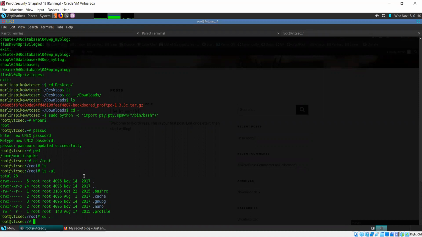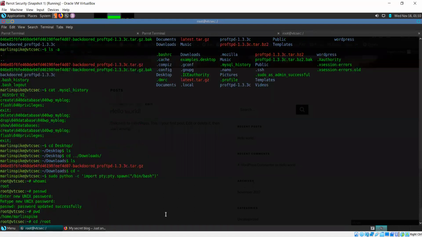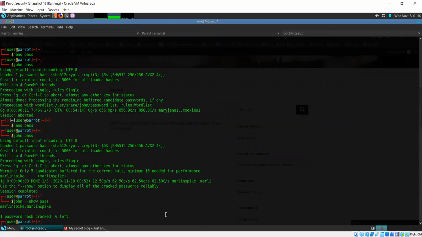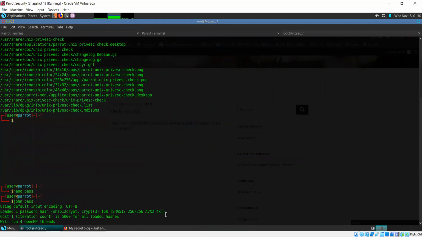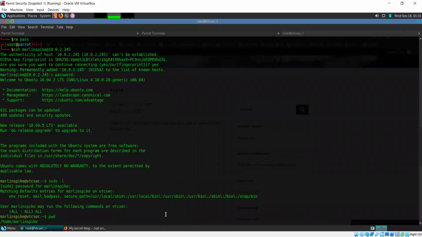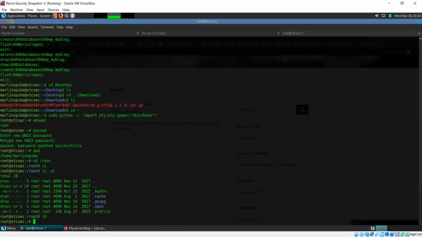Even this does not really have any flags for us to capture, but otherwise we would have captured something. So this is one way. By using WordPress, by using the website, we were able to get into this system.